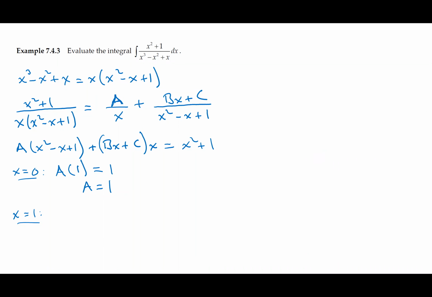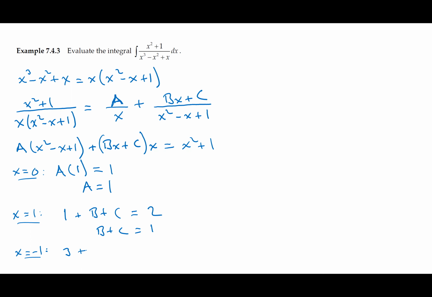And then we could let x be, just pick something else and let's see what happens. So maybe x equals 1. And so if x equals 1, then this first term up here is going to be a times 1, but a is 1, so that's just 1, plus b plus c equals 2. So b plus c is 1. And maybe while we're at it, we let x be negative 1. So if that's the case, let's see. 1 minus negative 1 is 2, plus 1 is 3. So we're going to get 3